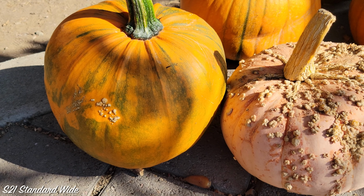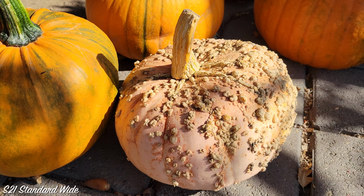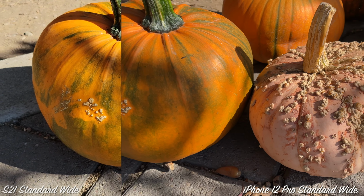But looking at this with a more critical eye, and I did this test myself a few times, one of these was pretty easy to pick out consistently, and that was the S21. For example, Samsung's approach here, if you look at the pumpkin, looks a little bit more heavy-handed on the sharpening. To me, it's a little bit overdone, and it ends up making it look more jagged. Now, those highlights are a bit hot for my liking,